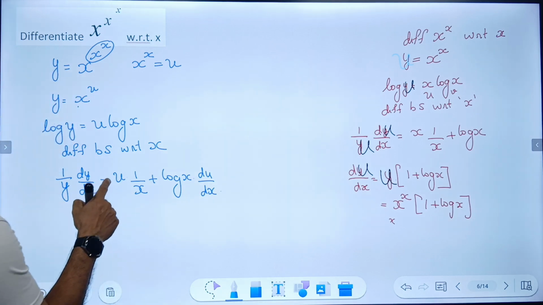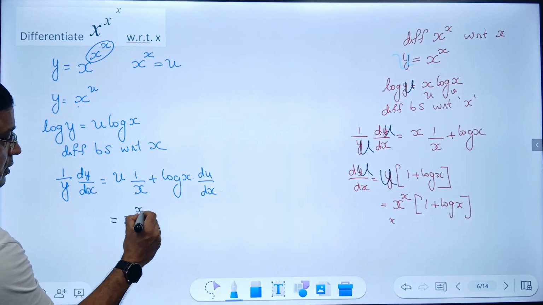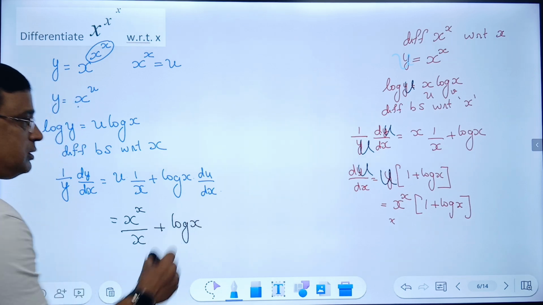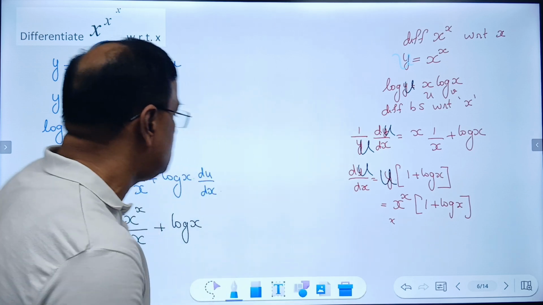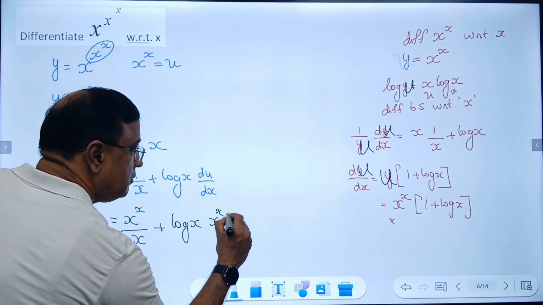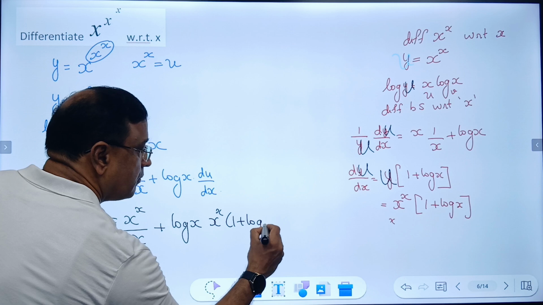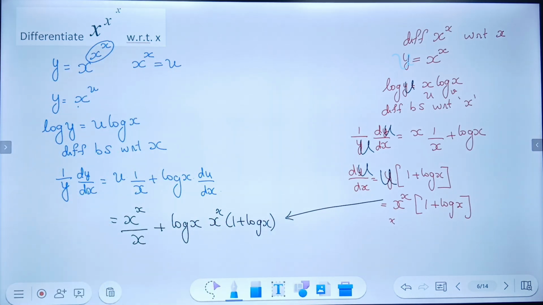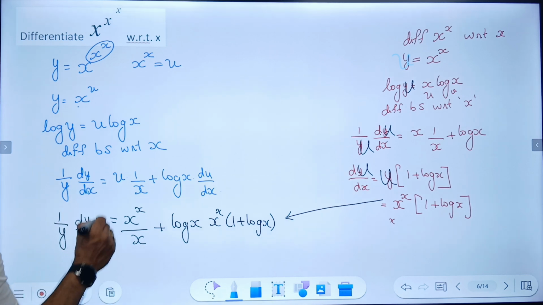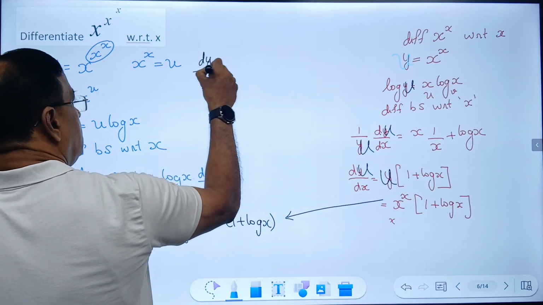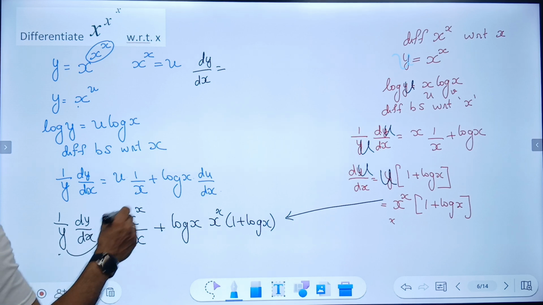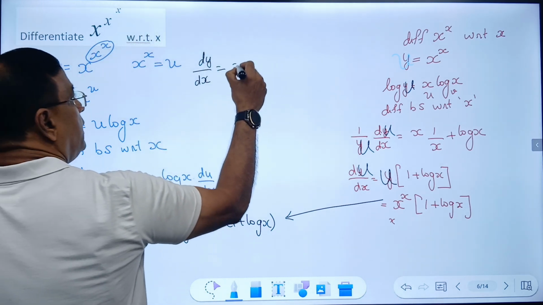So what is du by dx? So here, what is u? u is x power x. Du by dx is x power x by x plus log x into, what is du by dx? I have got it here. Du by dx is x power x into 1 plus log x, from here. Okay. Now this is actually 1 by y into dy by dx. So dy by dx is equal to, I cross multiply this y. When I cross multiply, it becomes y there. But y is what? x power x